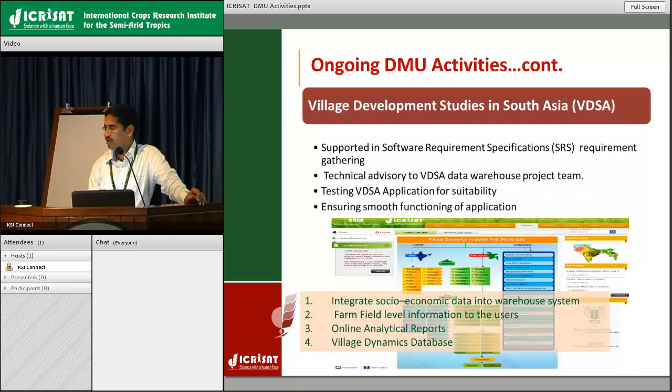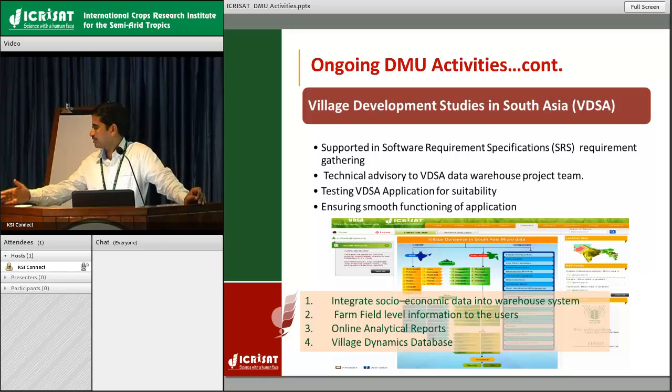And we closely work with the VDSA team, and we support them in the software requirement specification documentation, and provide technical advisory to our VDSA team, and we tested the application and its functionality. This is an integrated socio-economic data warehouse system. I think this is the first time ICRISAT has developed this kind of socio-economic data warehouse system, right? Yeah,